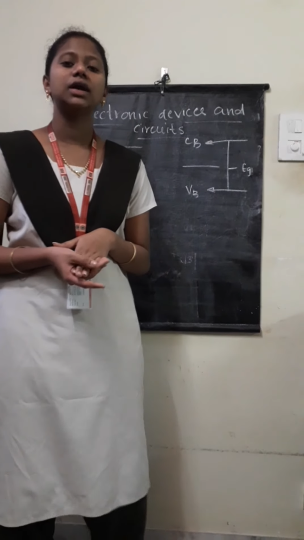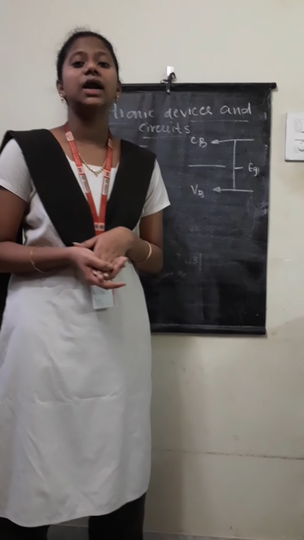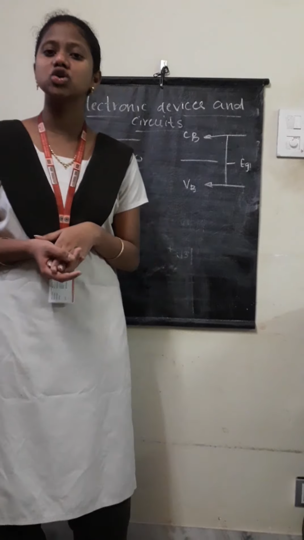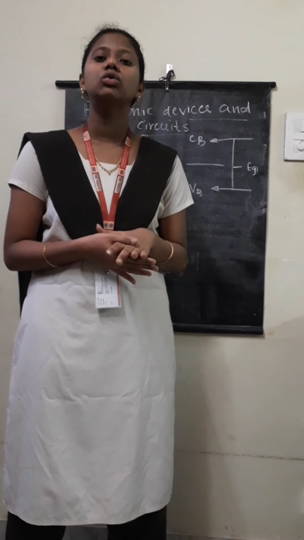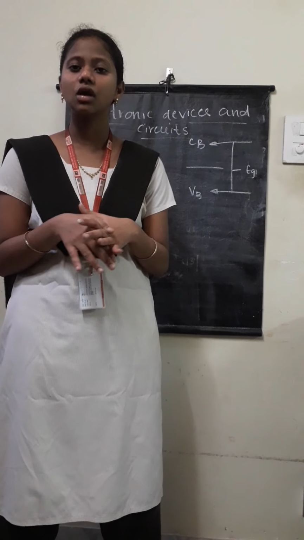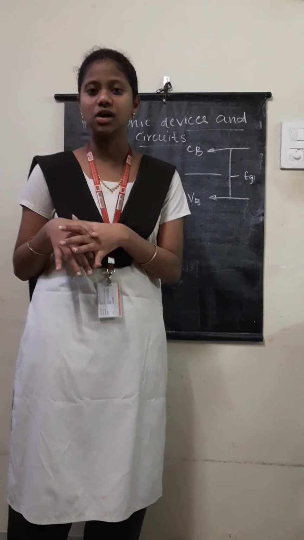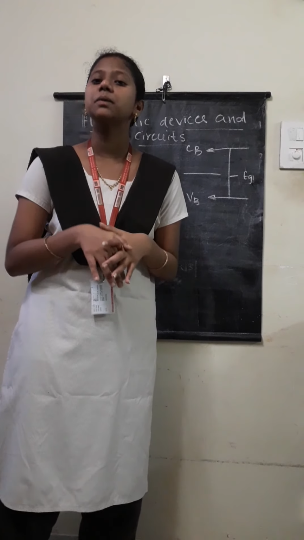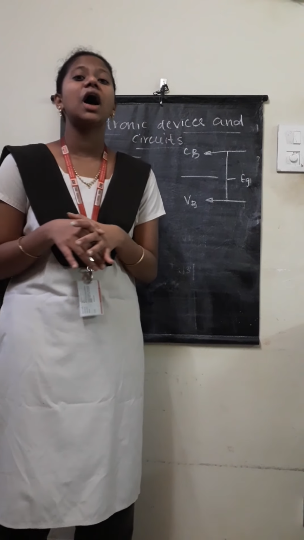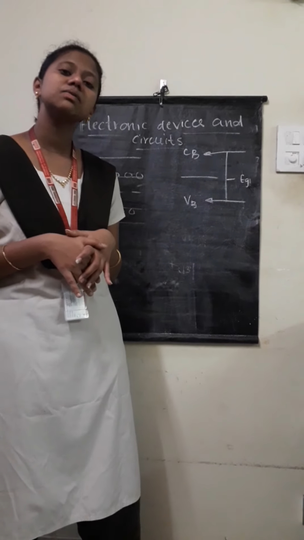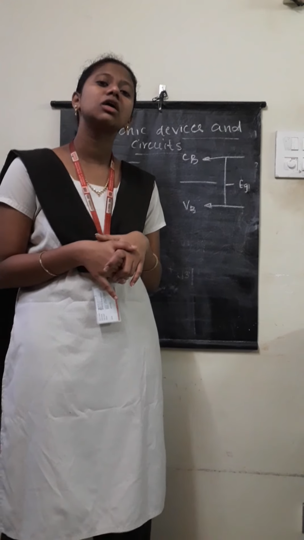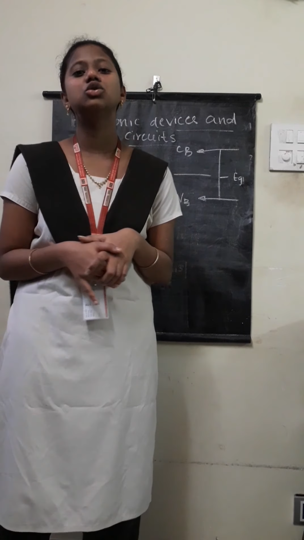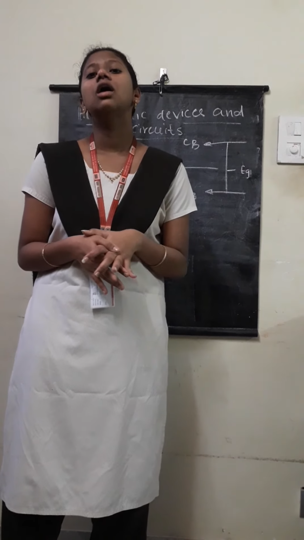Coming to n-type semiconductors. N-type semiconductors are formed by adding pentavalent impurities, that is, the outermost shell having 5 electrons. To remove this extra electron from the influence of the nucleus, for silicon we need 0.05 electron volts, and for germanium we need 0.01 electron volts. The n-type semiconductor has high electron density when compared to the p-type, and it is also known as a donor, because the atoms are always ready to donate their extra electron for conductivity.